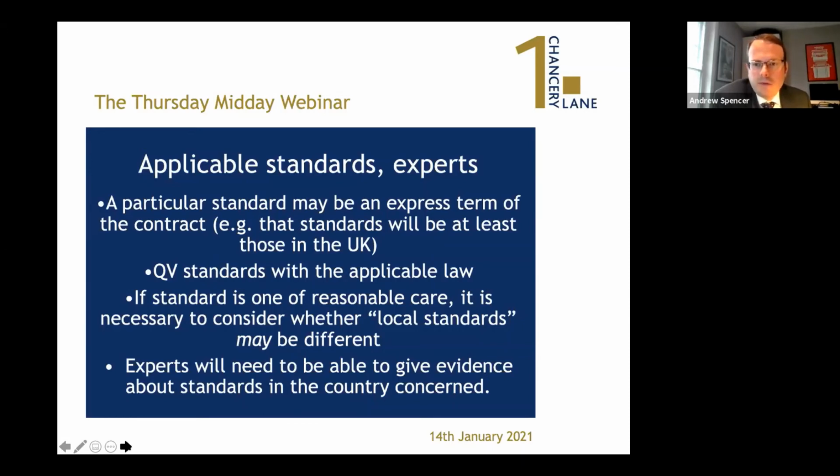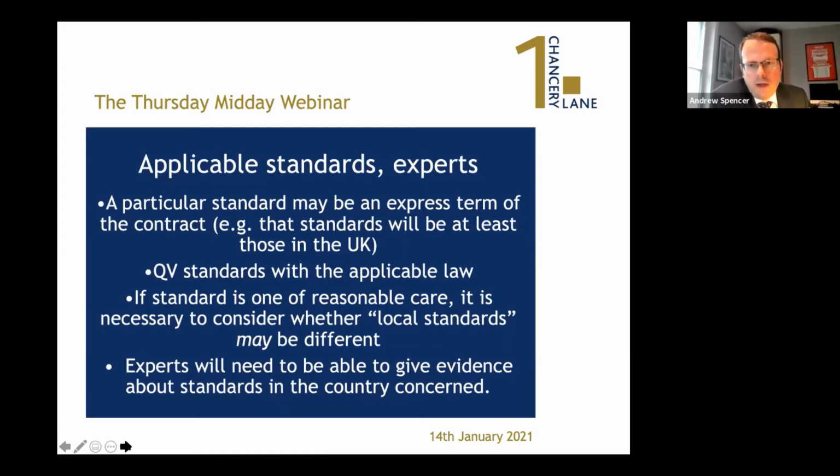And I think in particular of some legal systems where there are very strong presumptions in the claimant's favour, for example, which may make quite a lot of this less important if you can establish your claim in a more straightforward way. So it's always going to be, in a case that isn't governed by English law, essential to get advice about how the applicable law deals with standards and what it says about what those standards are. In most cases, it's likely that the standard's going to be more or less one of reasonable care, even if it's not exactly the same as the Bolam test.